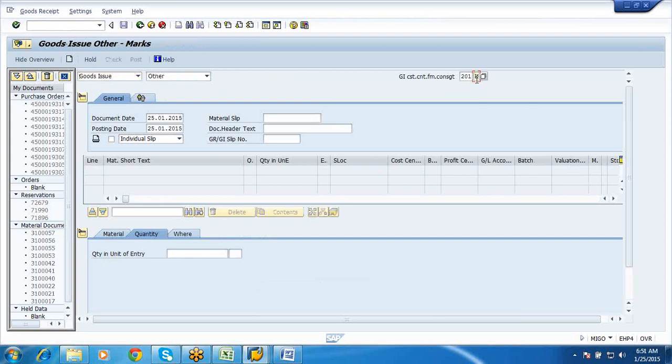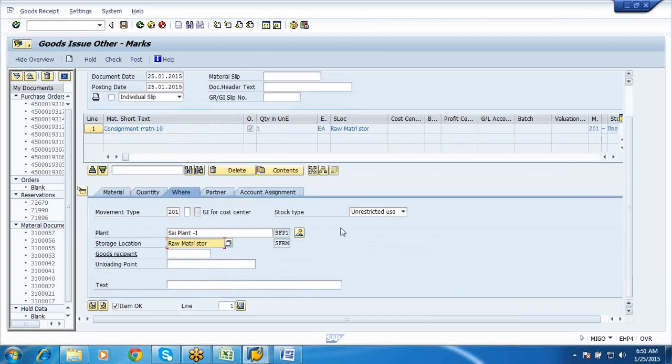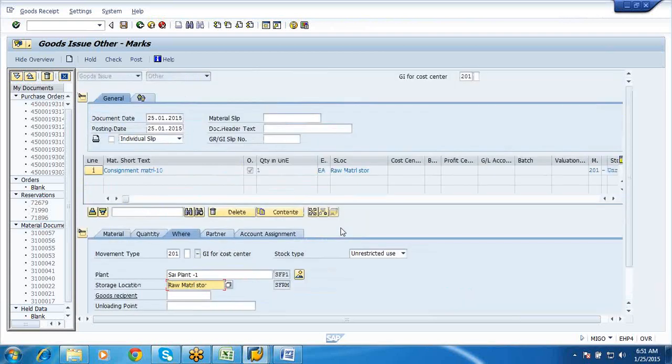Okay, we need to remove this. Say 1567, quantity as 1, SF P1, and this is SFRM.